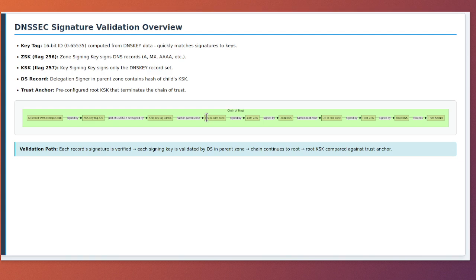The validation forms a chain of trust. You verify the record's signature using the ZSK. Verify the ZSK using the KSK. Then verify the KSK is legitimate by checking a DS record in the parent zone. This continues up to the root zone, where you compare against a pre-installed trust anchor. Let us now step through each stage of validating